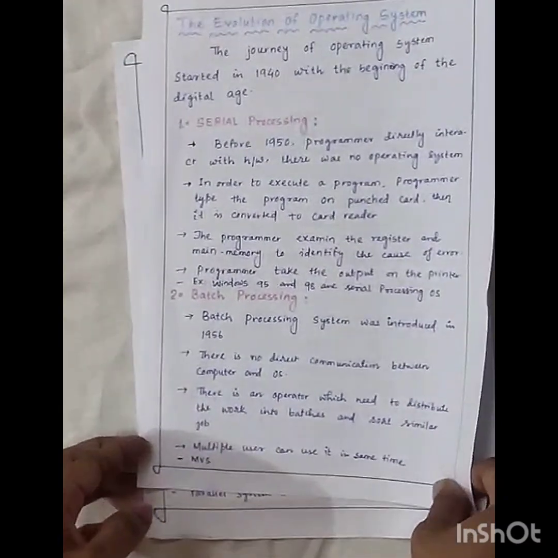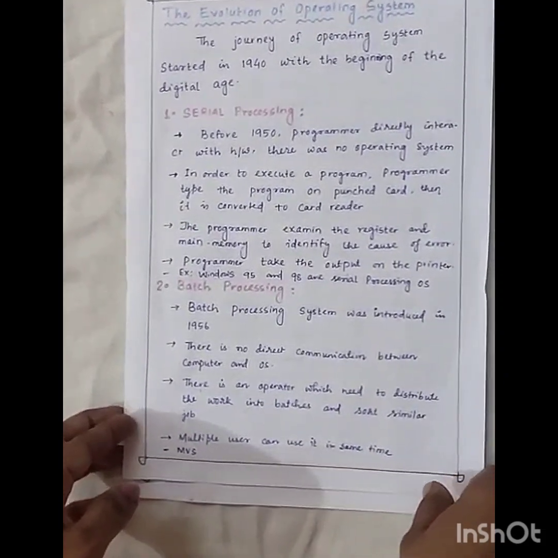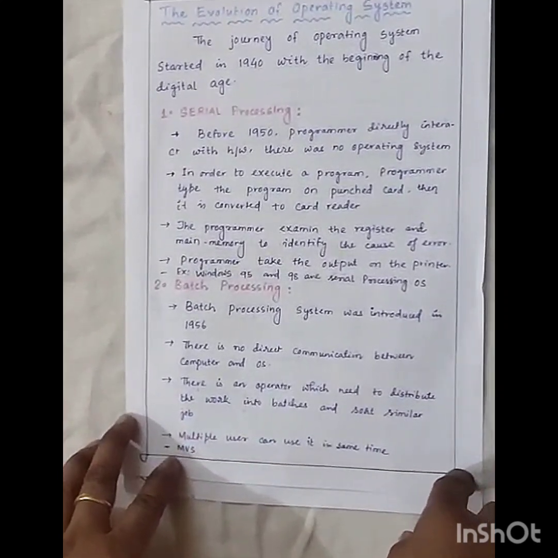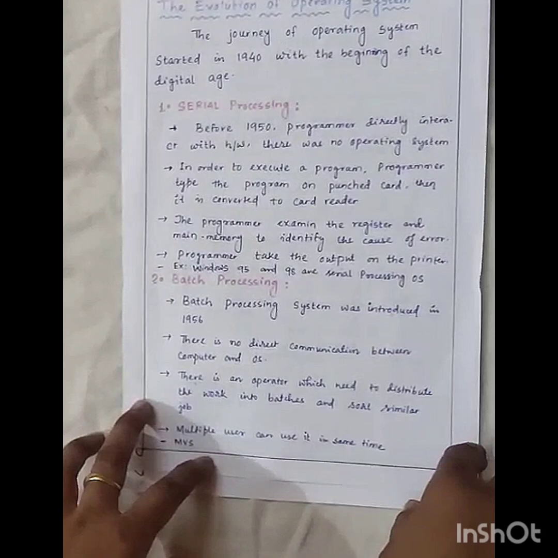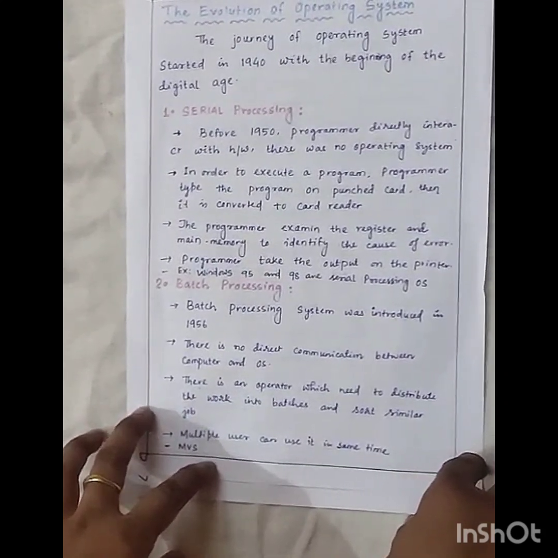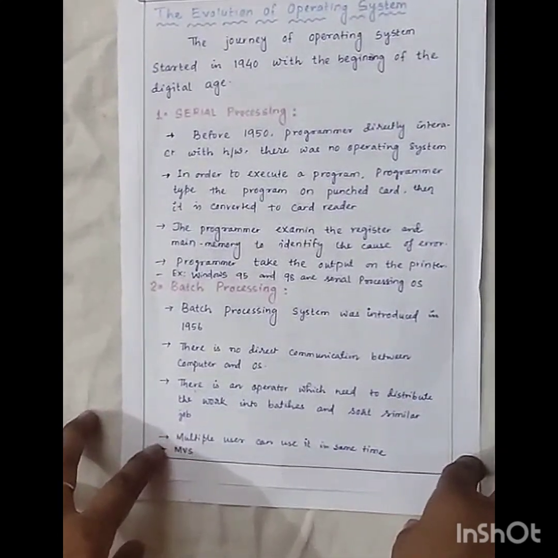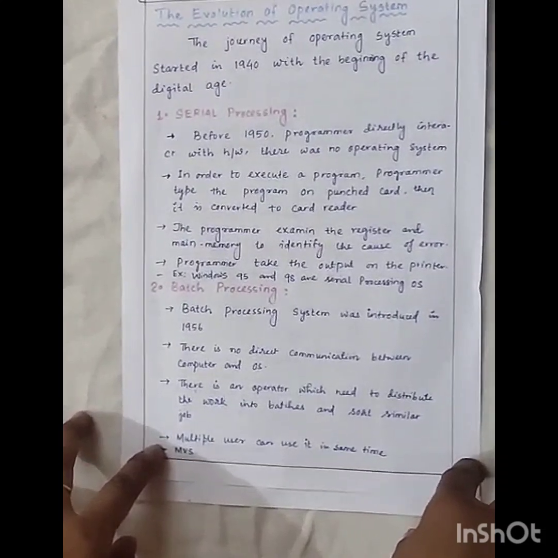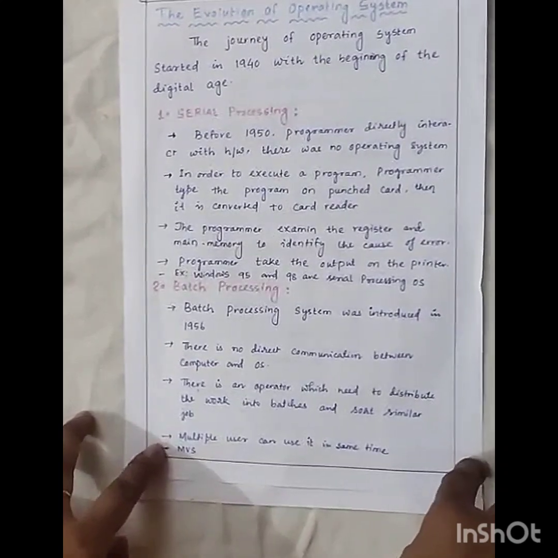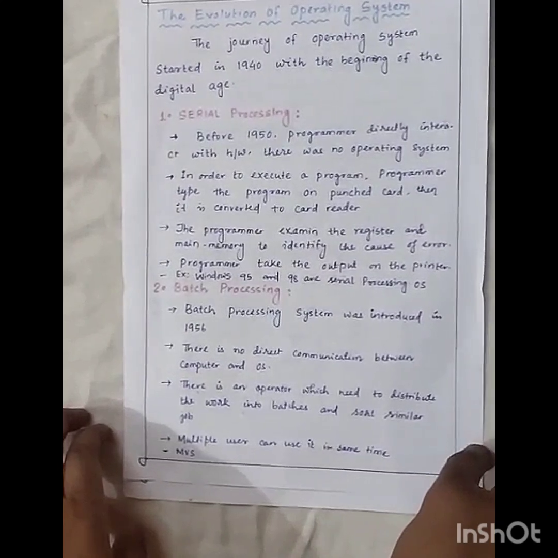Next, the second generation after serial processing, around 1956, is when the batch processing system was introduced. But there is no direct communication between the computer and the operating system. Although the operating system approach has arrived, there is an operator who needs to distribute the work into batches. So in a batch operating system, the programs are executed in batches. That means similar types of programs or instructions are